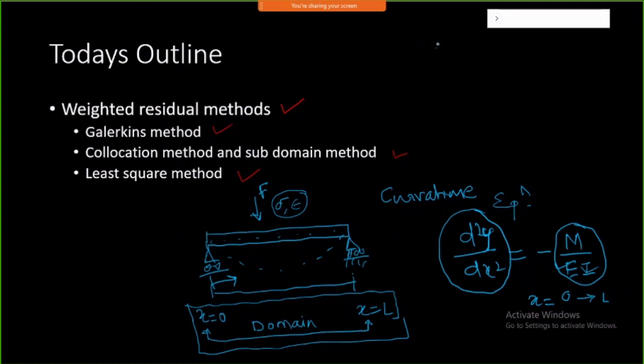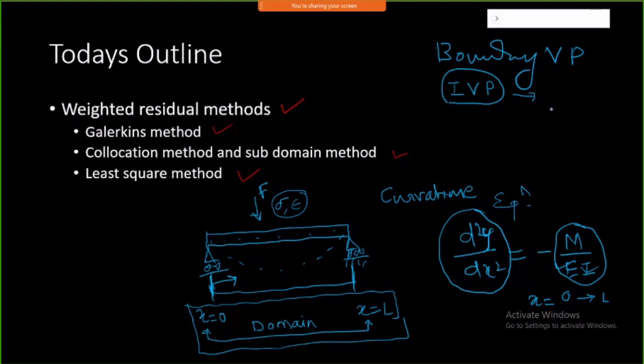One is boundary value problem. Here, in a boundary value problem, your solution is confined within this domain or within this particular boundary, and this kind of problem is called a boundary value problem. And another one is an initial value problem. In this initial value problem, we specify the system with respect to time and specify a condition or configuration of the system at a particular instant. That is what is called an initial value problem.